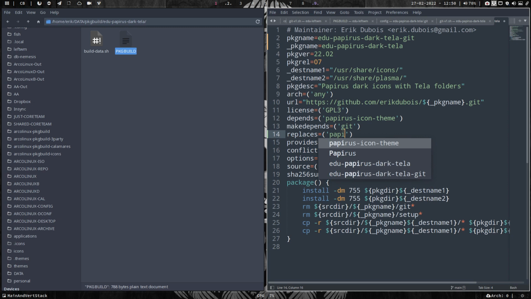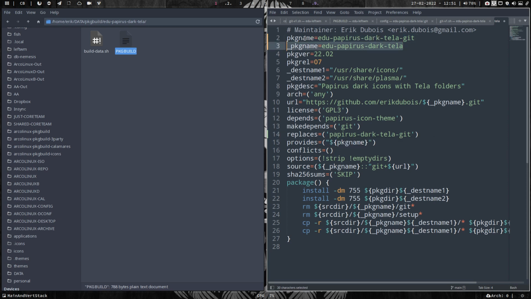So what is it going to replace? It's going to replace this guy without the edu, with the git. Don't look at the underscore. That's our thing to make a package build. This is the official package name, right? So Papyrus Dark Tela Git is the official name, which means replaces Papyrus Dark Tela Git. Perfect. So any user, we need to up the number. Let's not forget that. Save.